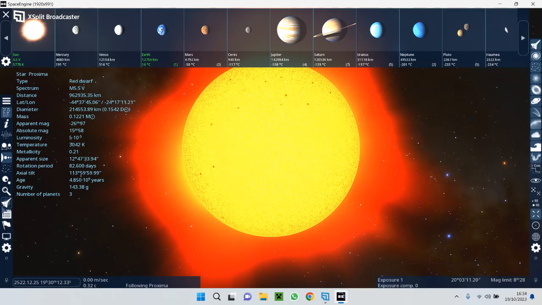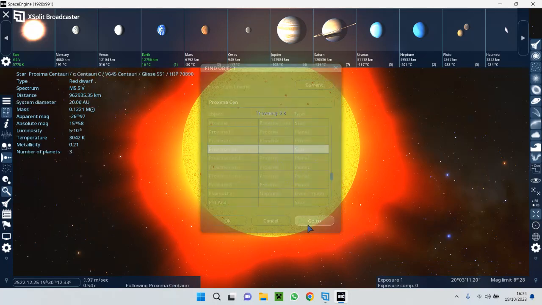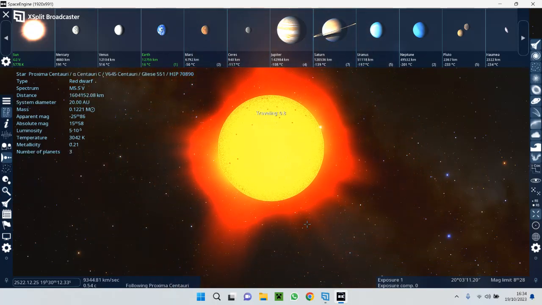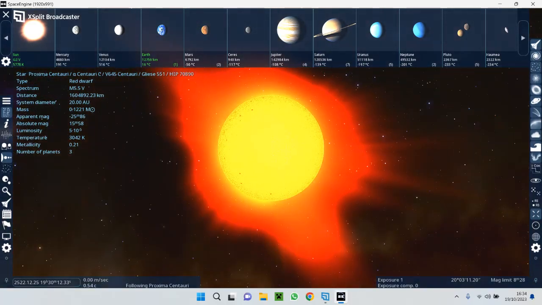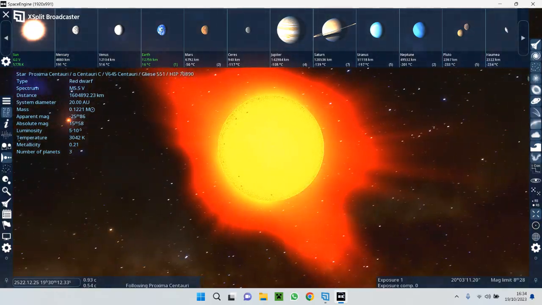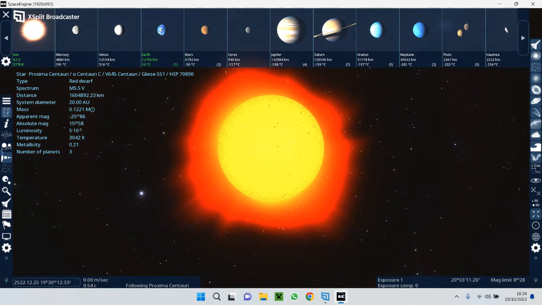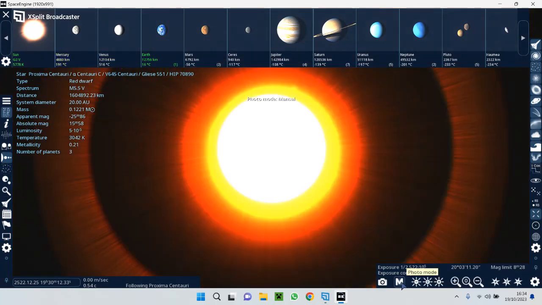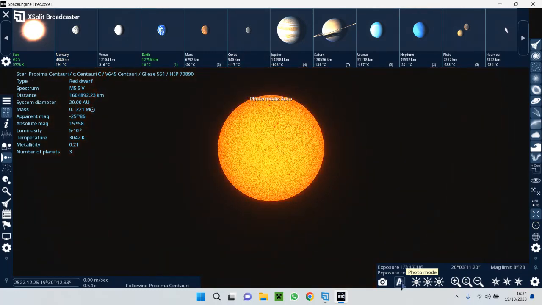Oh, this is it, huh? Anyway, this is believed to be the closest star to us, the closest star to us ever discovered. But anyway, photo mode.